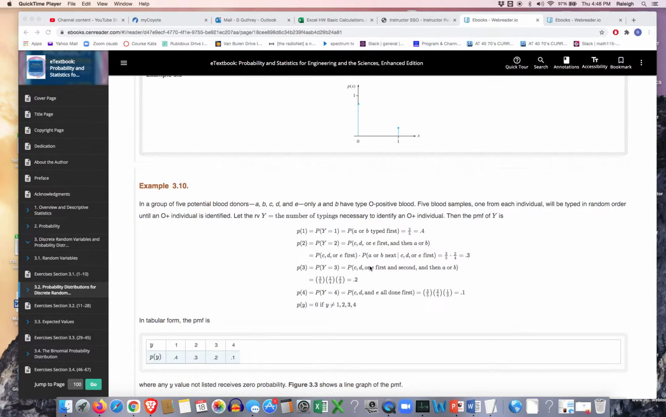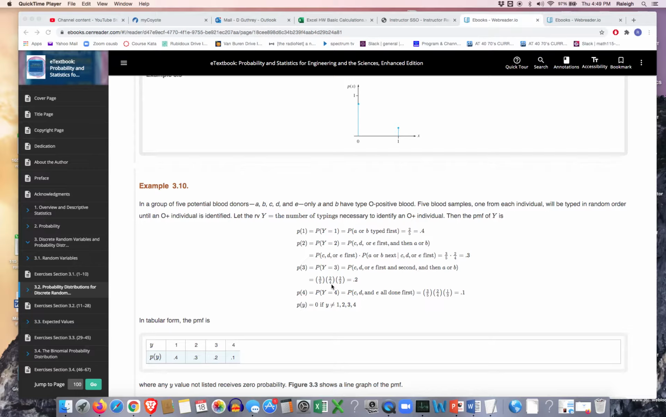And on the third draw, you'd have to have C, D, or E done first and second, and then comes A or B. So let's take a look at the first ones. On the first draw, it's exactly the same as before, 3 chances out of 5 to be a failure, so to speak. We didn't get our O positive. And then we have taken one of the failures out, so 3 minus 1 is 2. And we've taken one of the people out, so 5 minus 1 is 4. So we have 2 out of 4 left just by crossing off either C, D, or E and just looking